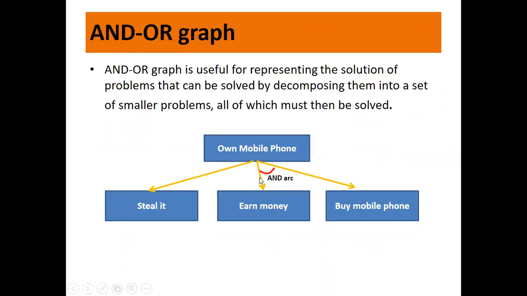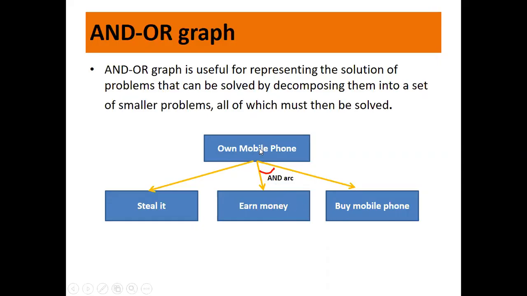So here, if you take a very simple example which you'll find in almost any online data or the books. What is my goal? My goal is I should own a mobile phone, right? Now to achieve this goal, there are two ways. Though you can see three arrows here, there are only two ways. One way is you steal it. You steal someone else's mobile and make it your own cell phone. The other way is you earn money and then you buy a phone, right? You earn money and you buy a phone, and you can see there's an arc in between these two arrows, and this is nothing but an AND arc. That means both of these together should work to achieve the goal, right?